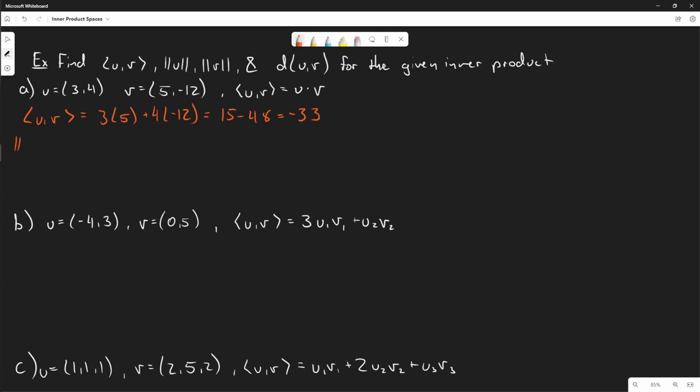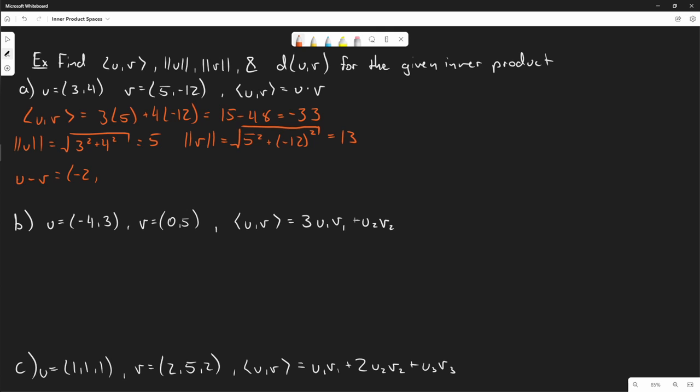Their magnitude is, as you already know, the square root of 3 squared plus 4 squared. This is a triplet, so this would just be 5. And then the magnitude of v would be the square root of 5 squared plus -12 squared, another triplet, which should be 13. And then the distance between them, so u minus v, it is